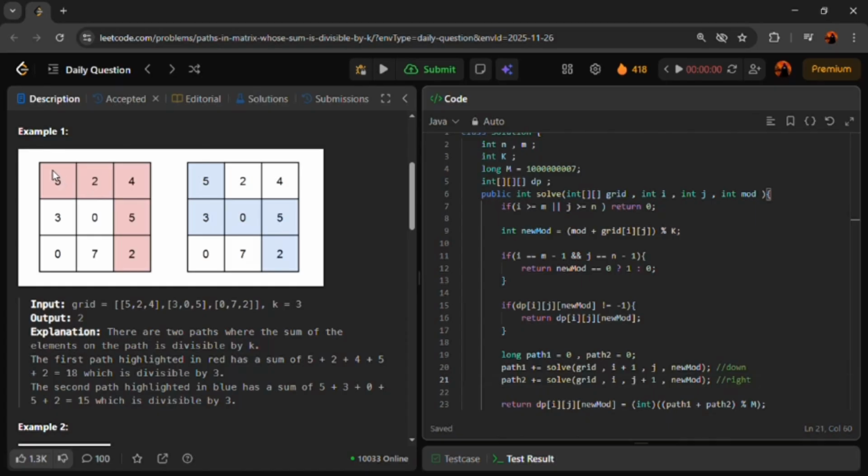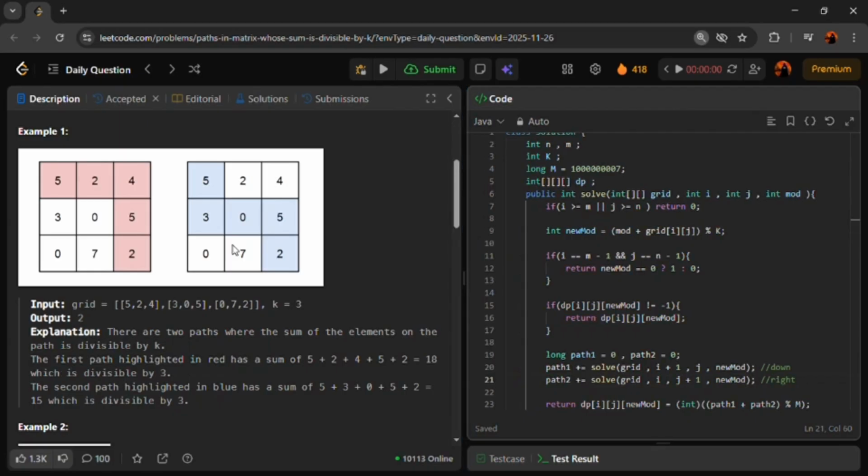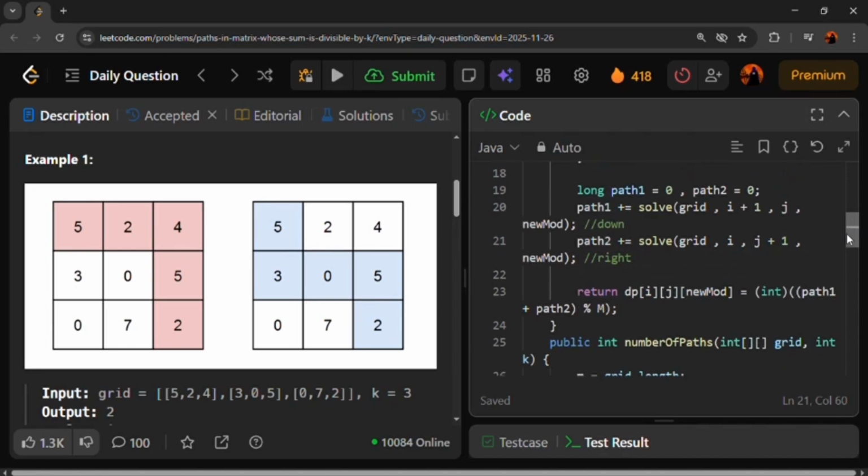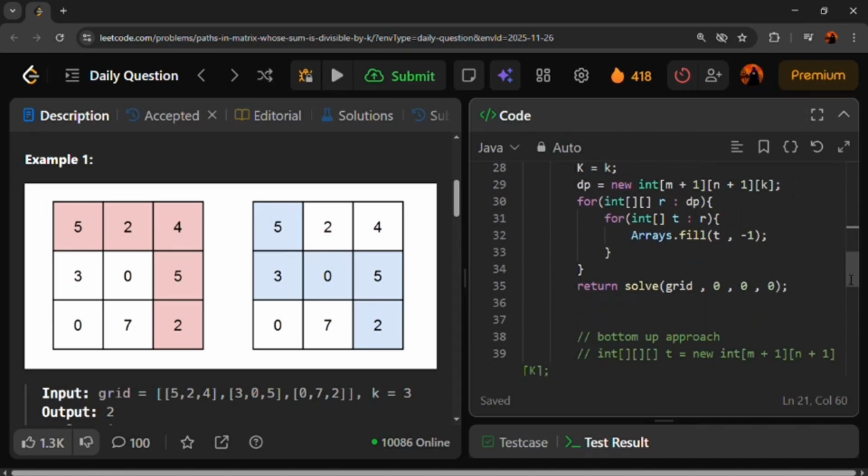Firstly, we are on 0 comma 0. Okay, 0 comma 0. So first we covered 5. We start our solution, the solve function, from the grid, and we pass 0 and 0, which means